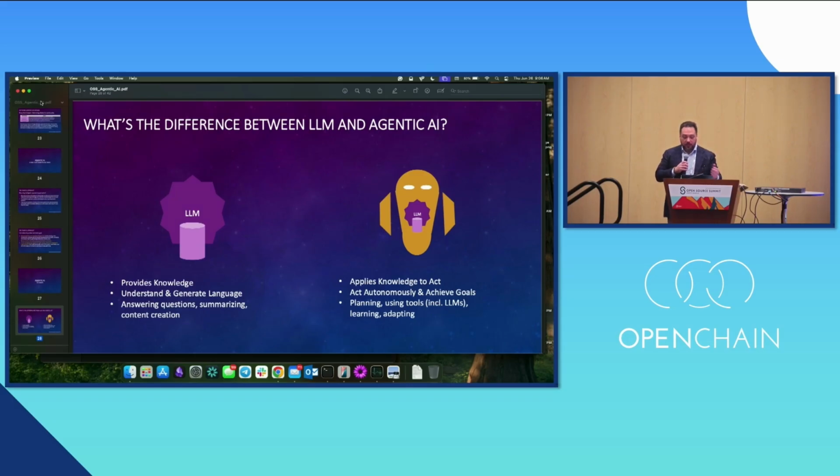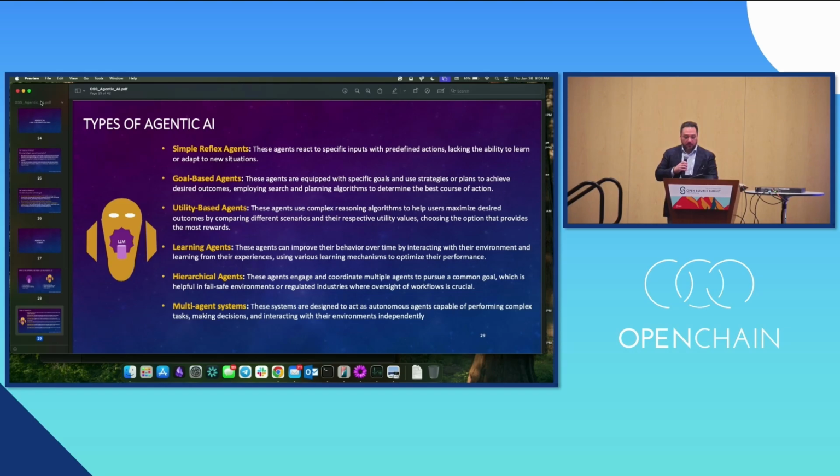The agent, on the other hand, executes tooling, achieves goals, and is able to learn and adapt because it has memory together with the LLM. You have different types of agents. You have the reflex, the goal-based, the utility-based. I'm not going to go deep there because the presentation is available. You can take a look at different things, and the multi-agent system.